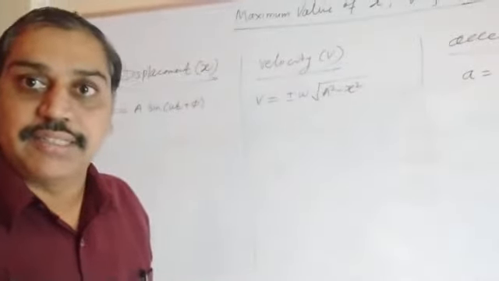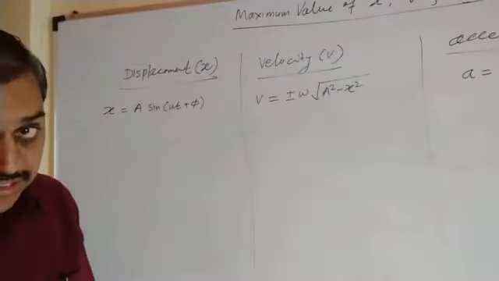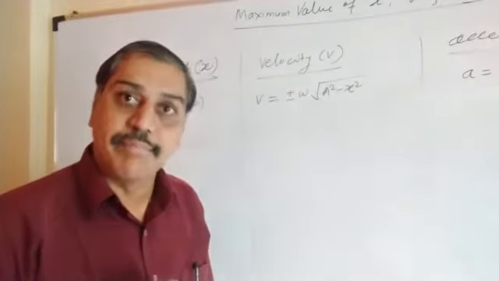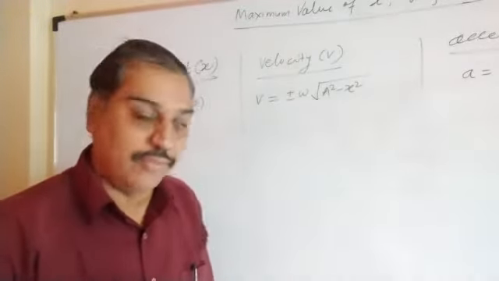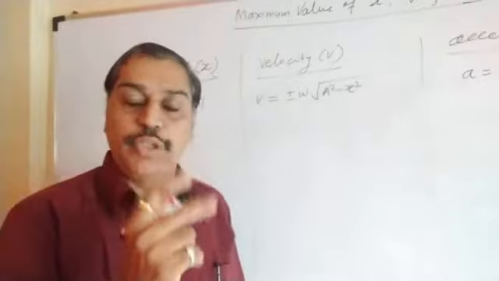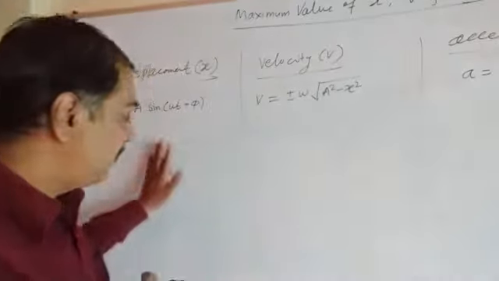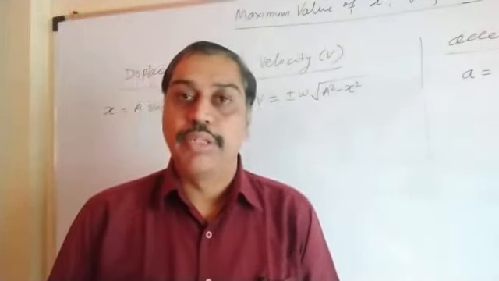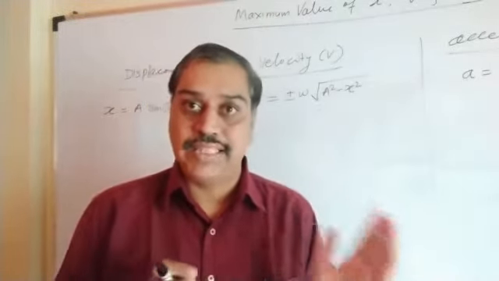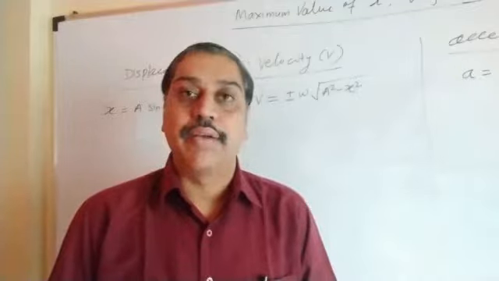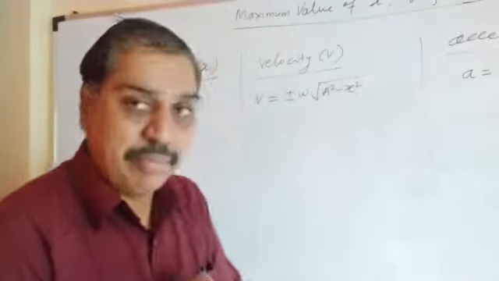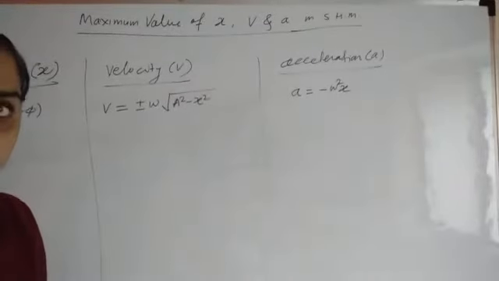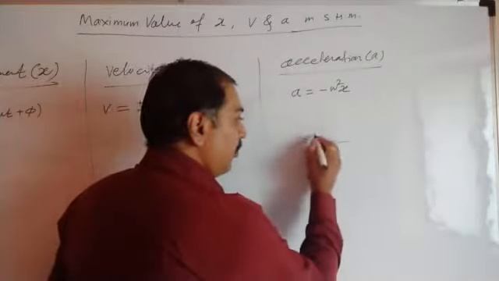Now let's start with displacement. In the displacement condition, I will first draw a diagram for a simple pendulum, and accordingly we will find out the values. Remember, there are two positions that we have already seen in case of displacement. Motion either starts from the mean position, or it starts from extreme right or extreme left, or we can say from an extreme position. Let's take an example of a simple pendulum. I will draw the simple pendulum here in this acceleration column, for the sake of understanding.